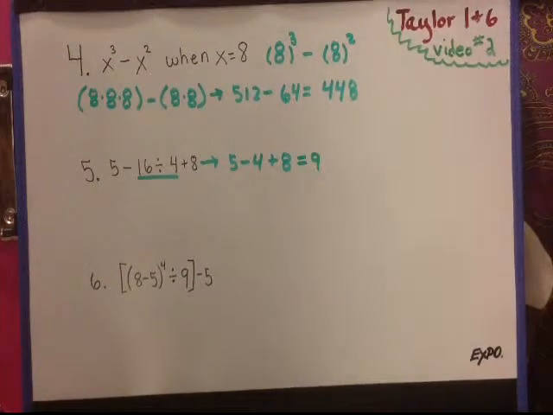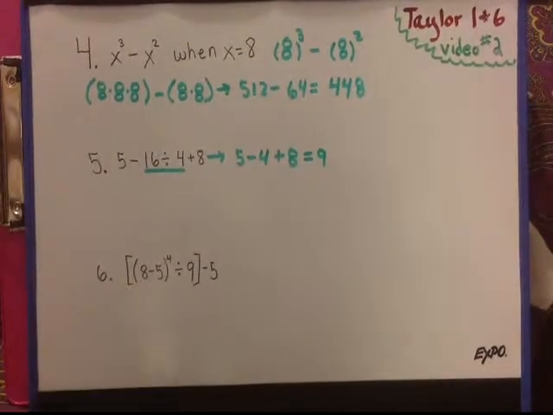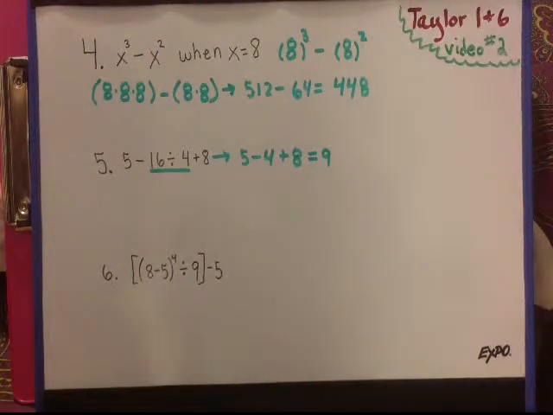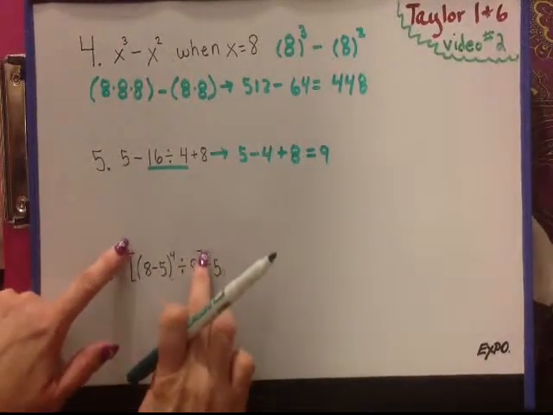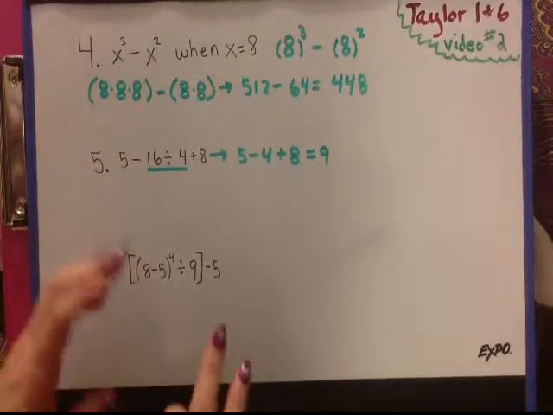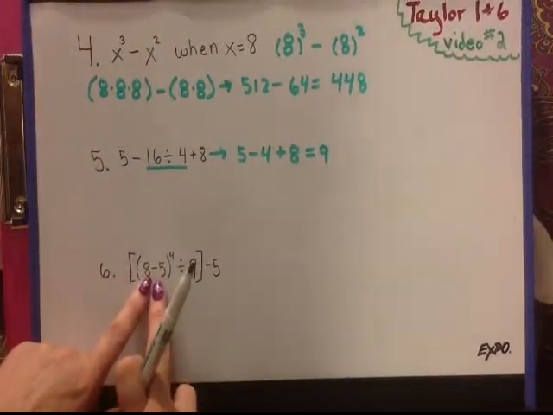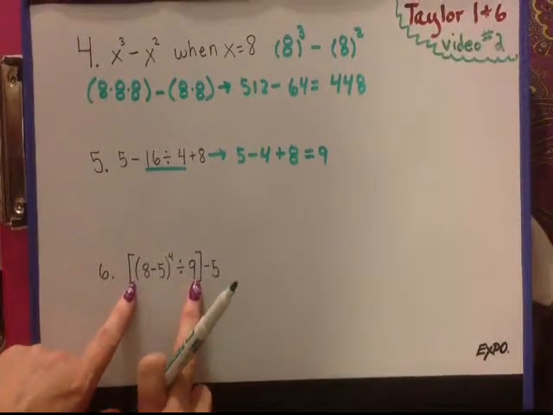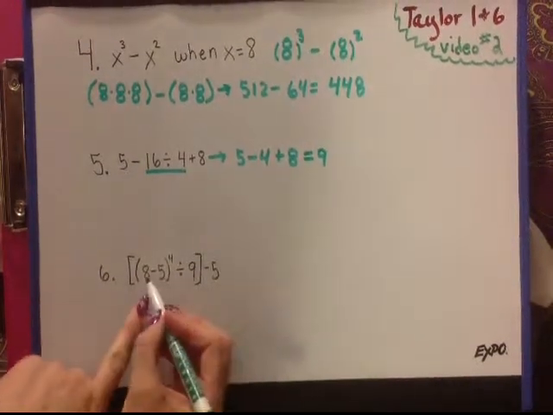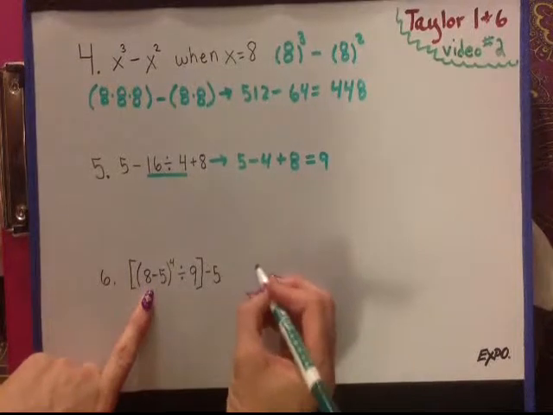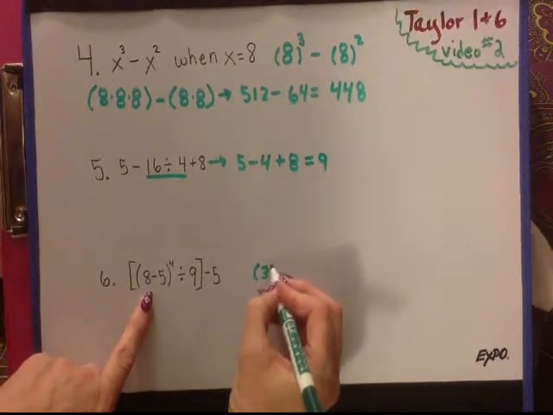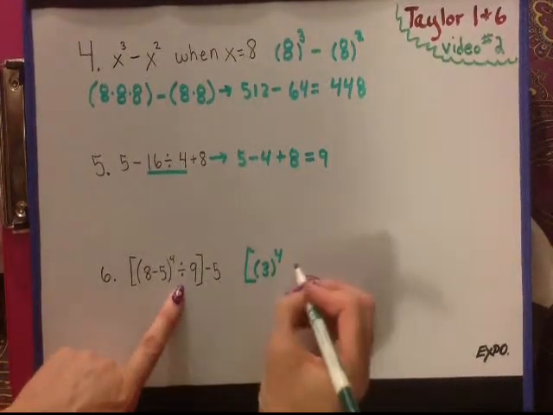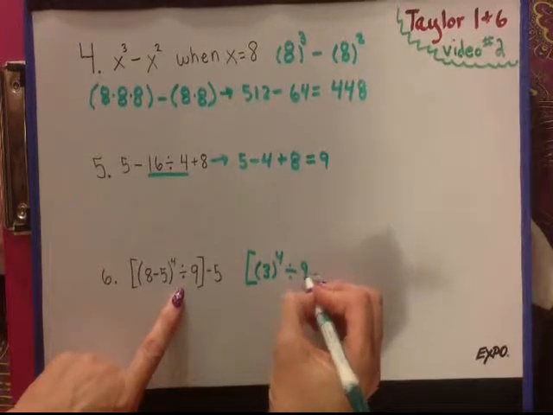Now for our last problem. Our last problem for the day has quite a few different little grouping symbols and little things that we need to work with. When you have brackets and parentheses, you need to start with the innermost part and simplify within that innermost part and then work your way out. So what we're going to do first is say, okay, 8 minus 5 is 3 to the 4th power. And we're going to bring the rest of our brackets down, and that part of our problem is divided by 9